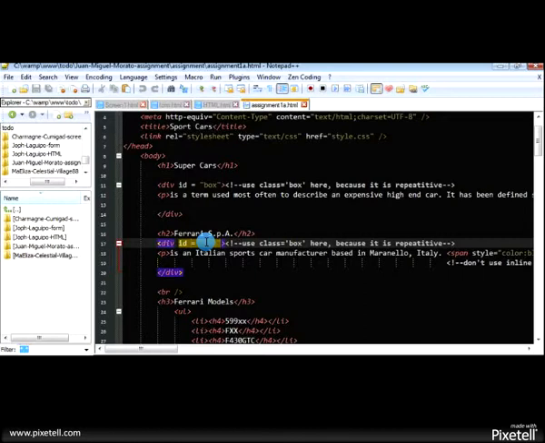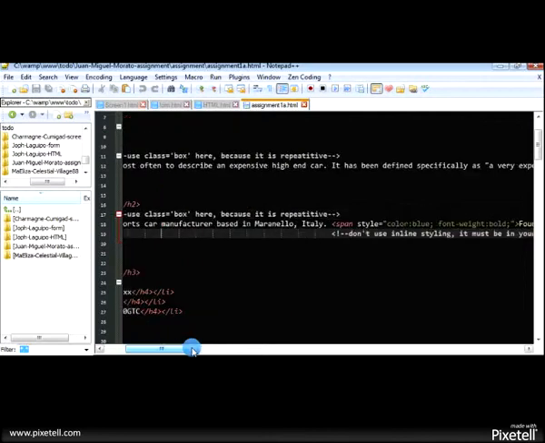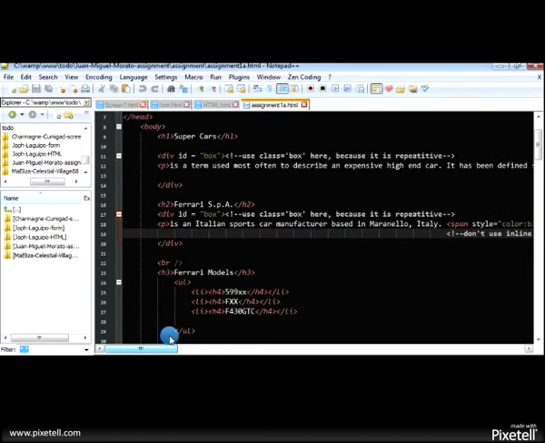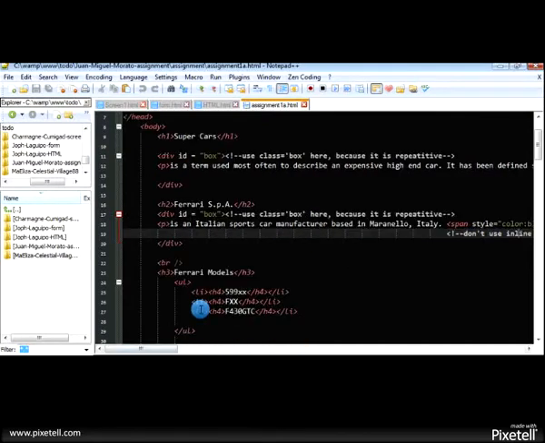For repetitive styling you can use class rather than ID. Also in here it uses inline styling. Don't use inline styling.